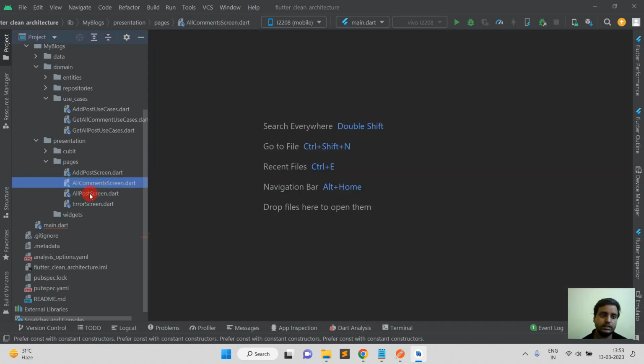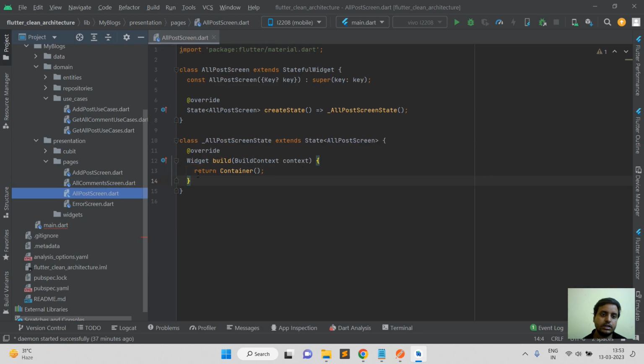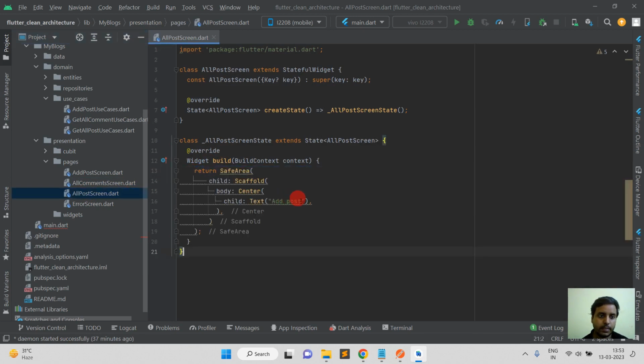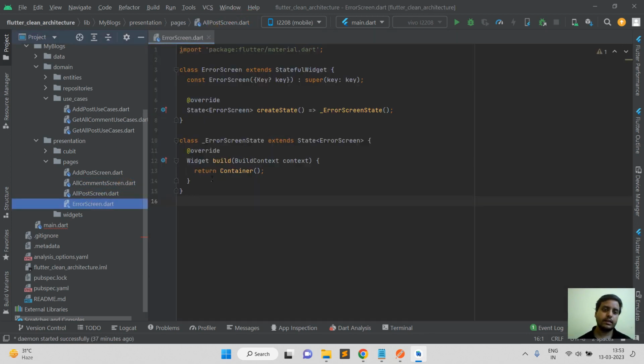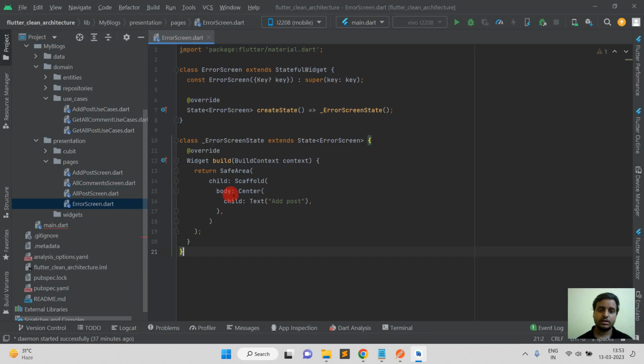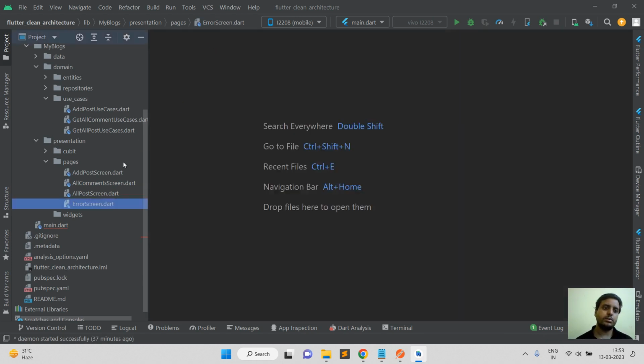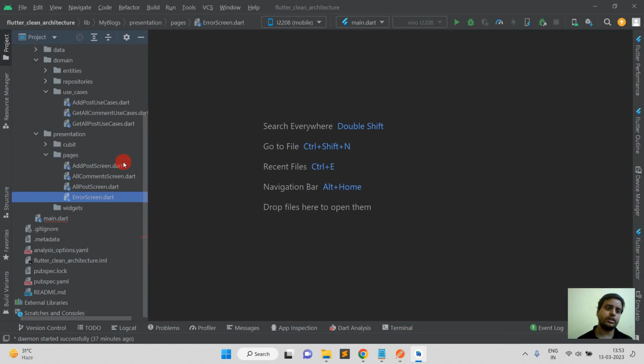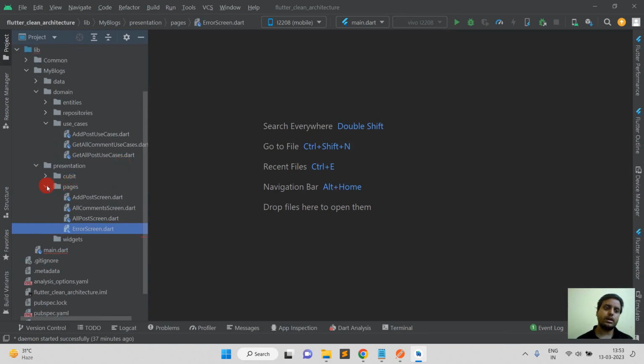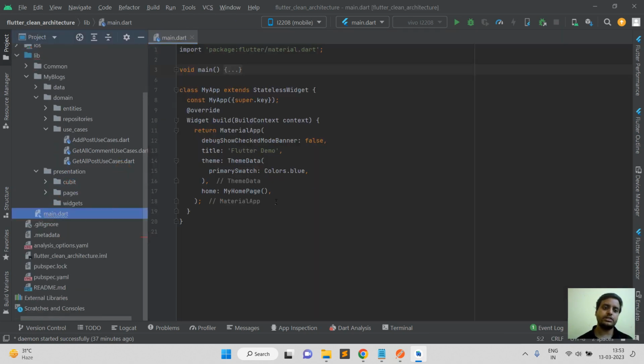And after that we will use here also all post. Okay, similarly we will add inside error page. Okay, so here we will use error page. You can decorate it according to your need. Okay, this error page I'm not going to decorate. So now our next step is to create the